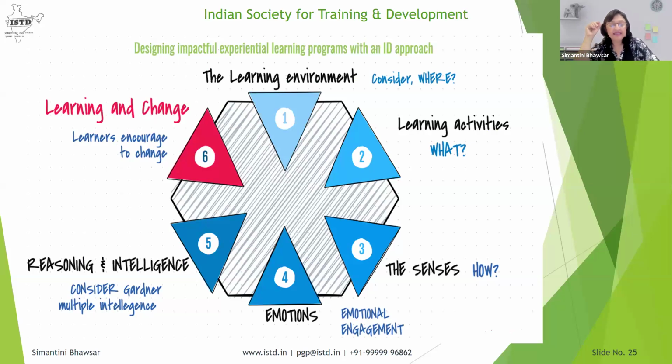Okay, he says that learning happens when the learners actually will learn with a sensory experience, which is what we're talking about. So the learning environment, the physical engagement with the environment.